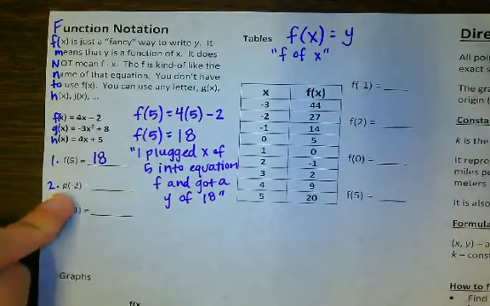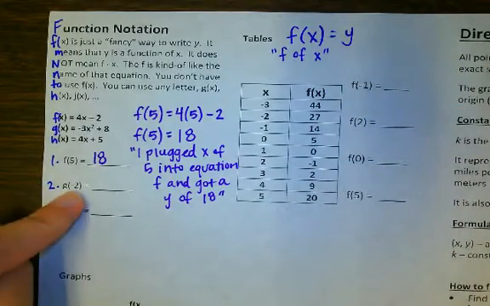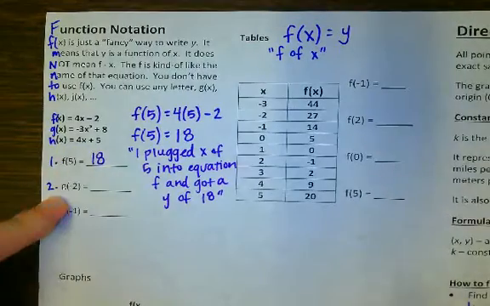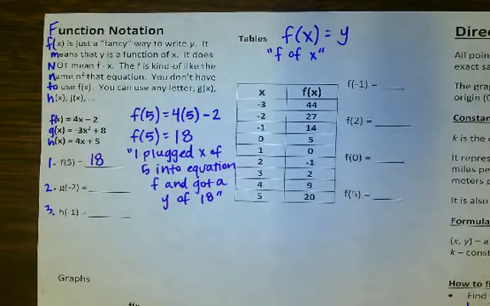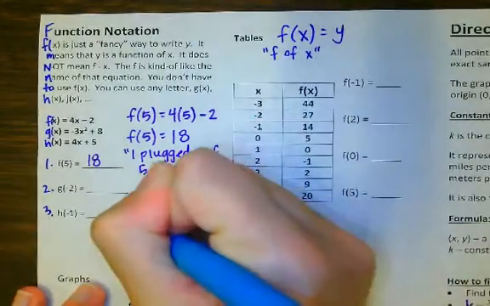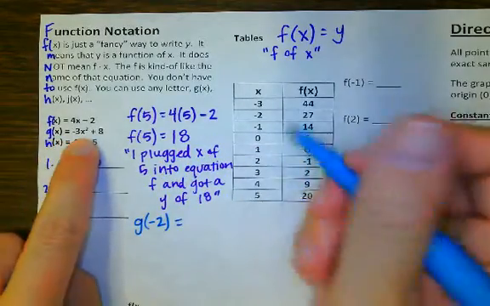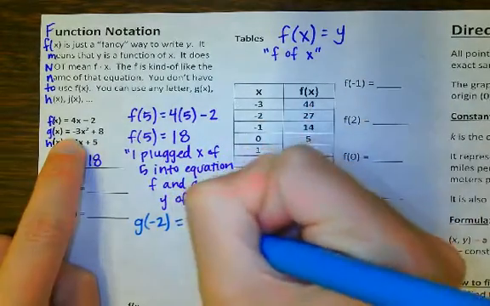Okay, so problem 2 says g of negative 2. This time we need to go look for function g. Switch colors for that. And in function g, every time I see an x, so it starts with negative